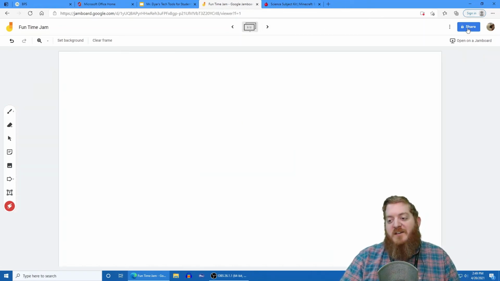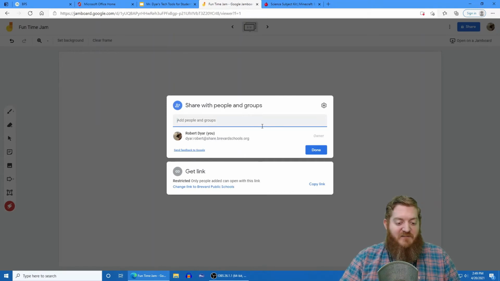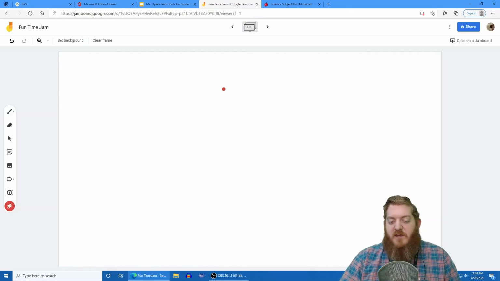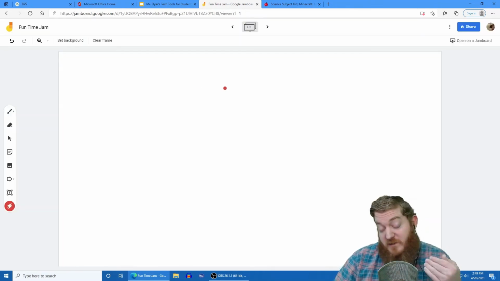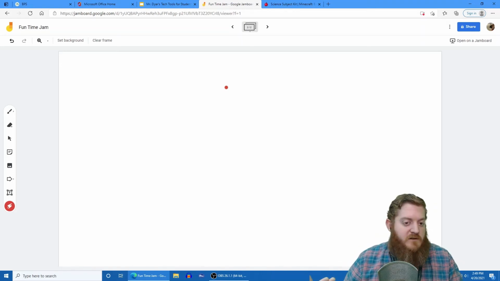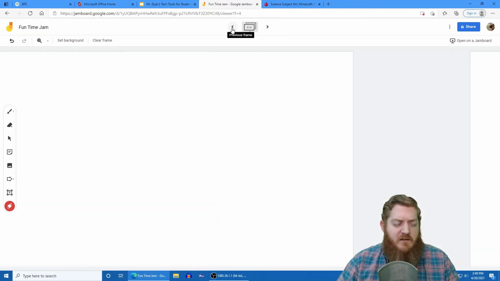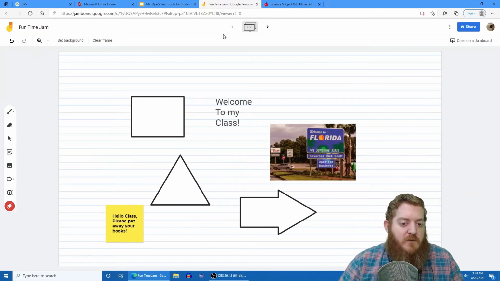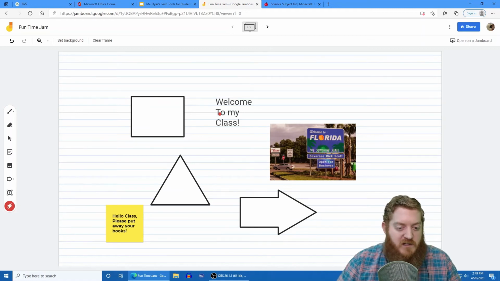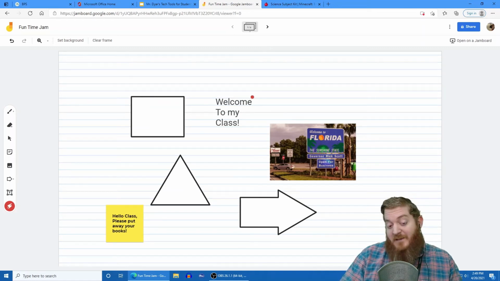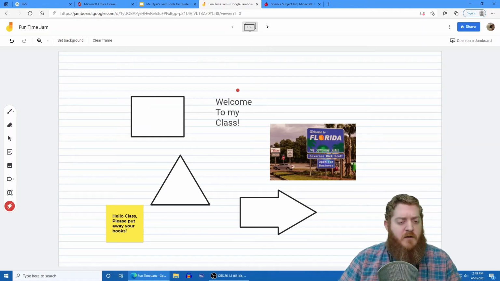Cool thing you can do is click share, invite all of your students. Now that might be through Google Classroom or a very simple means like that, sending out an email or something. All your students can have their own slides or their own frames, and they can be working on the same topic. So think about like writing a class novel. Everybody has one page that they can bring a text box up on, and they can all be writing the same class novel. Super cool. I love the idea. Jamboard is a lot of fun.